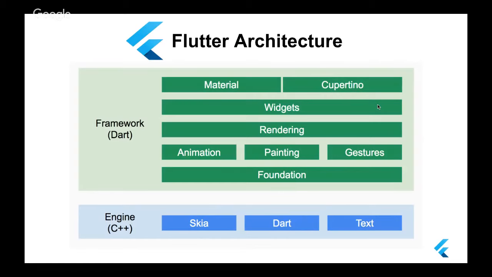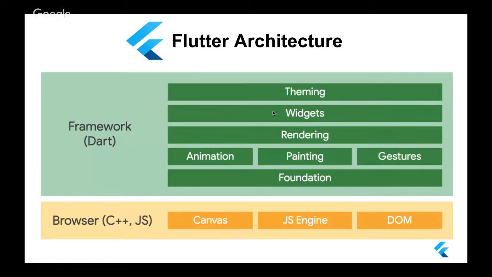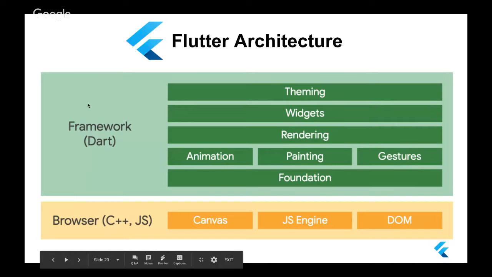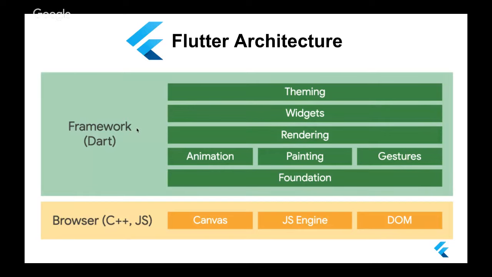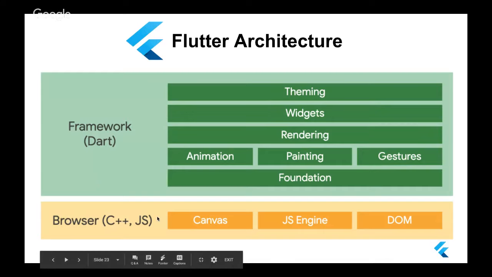What does this mean? It means that you can change anything by extending the class, and you can override the default functionality. When they came to web, they kept the Dart part as it is, and they only used the C++ engine that the browser uses, to compile this code to JavaScript and HTML DOM elements.